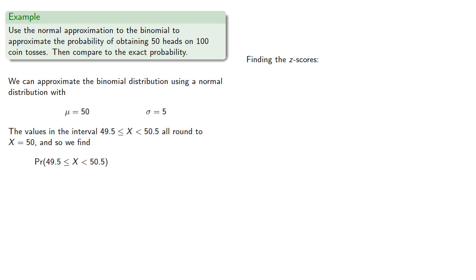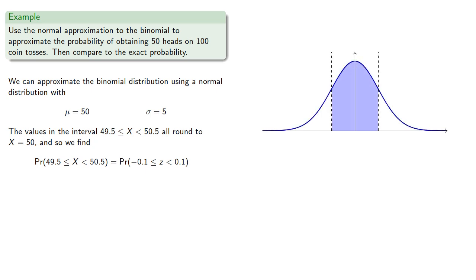So we'll find the z-scores of our boundaries, which will be, and we'll use our standard normal distribution table. This is the area to the left of 0.1. And we'll subtract off the area to the left of negative 0.1, which is complementary to the area that's to the left of 0.1, and that gives us